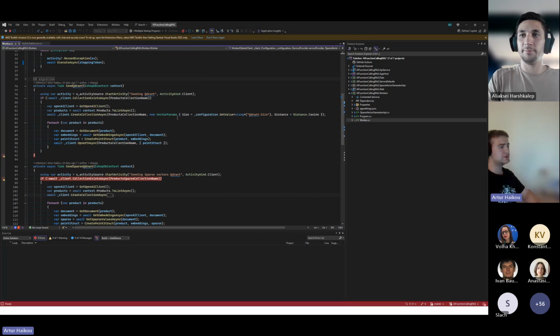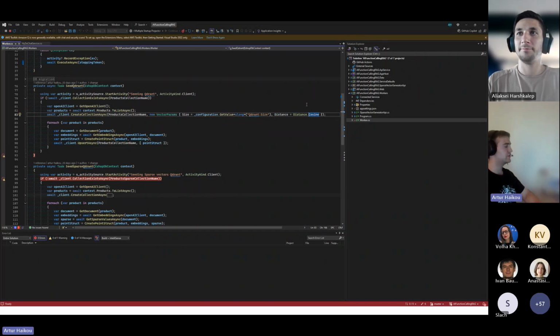As I said, I used the Qdrant vector database, and choose what function we are going to use to find similarity between two vectors. In my case, I chose cosine, but you're able to choose from